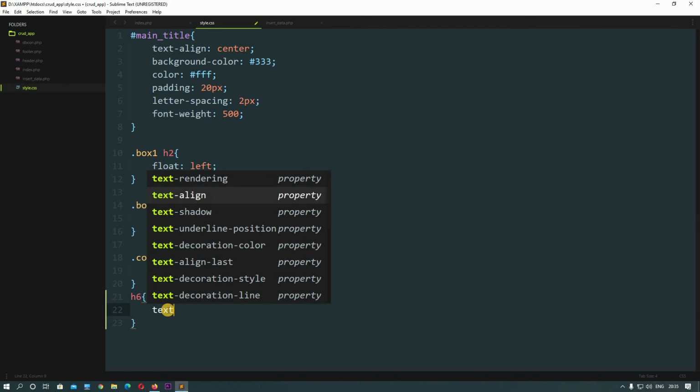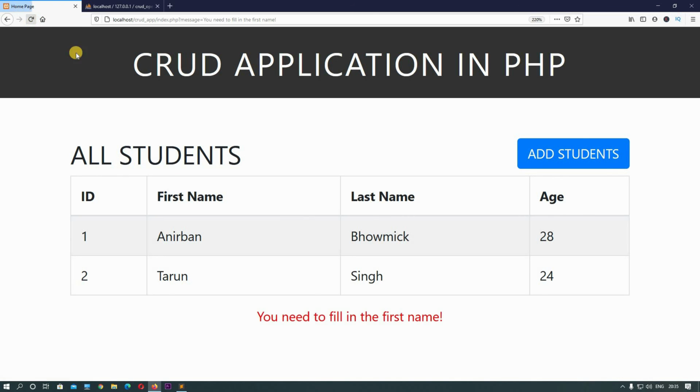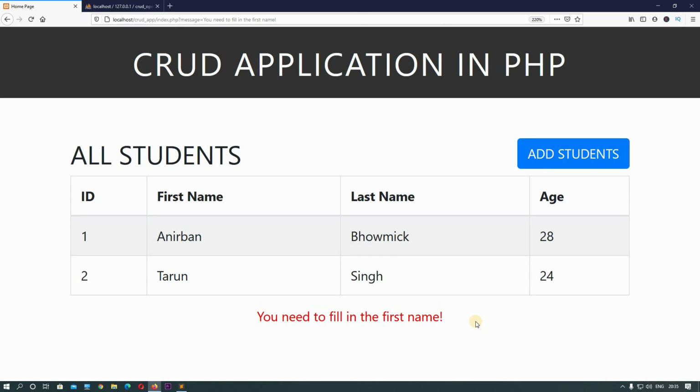First just give text-align center and change the color to red. Save this, come here, hit refresh. So now just by hitting refresh we can see the message right here: You need to fill in the first name, correct? We are pulling this message from the URL and displaying it right here.